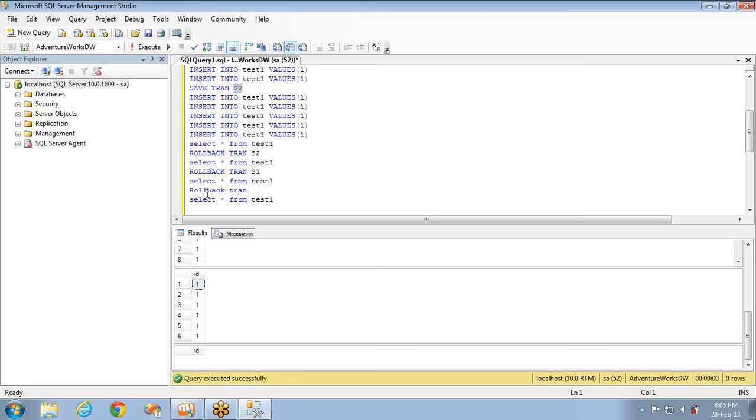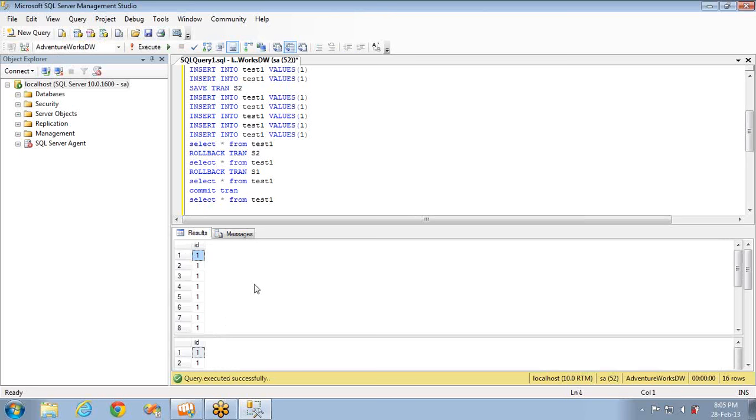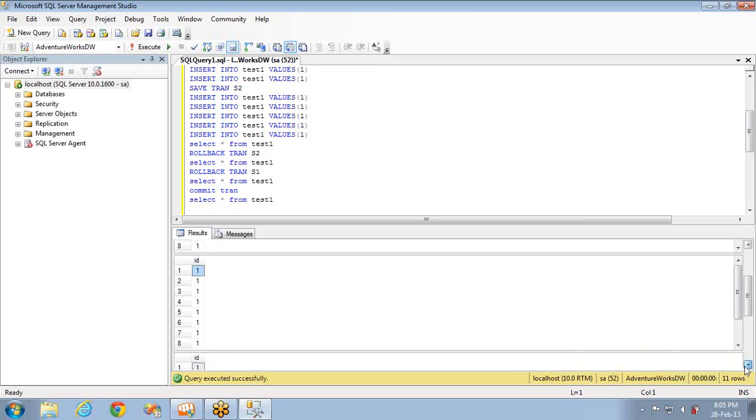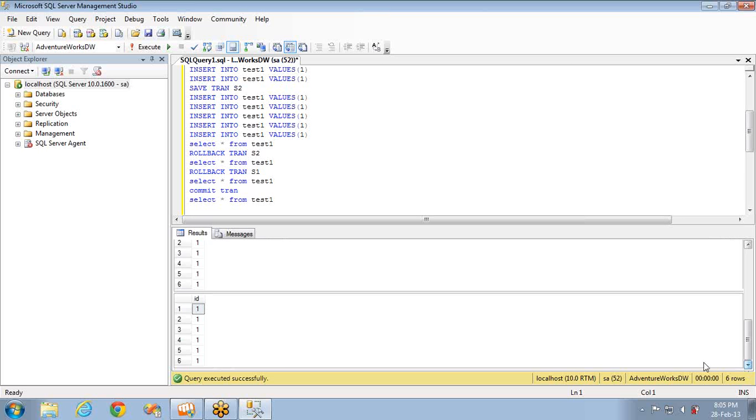This is fine. Instead of this point, if I commit the transaction, last time when I executed a similar one, it threw an error saying that there is no save point. Now I have save points. Let me execute this now. You can see there is no error message, and first it is 16 records, and after the first rollback to save point S2 it is 11 records. Up to here it is perfect, and it is rolling back to save point S1, so only 6 records should be there. Fine. And then I'm committing, and it commits those 6 records.